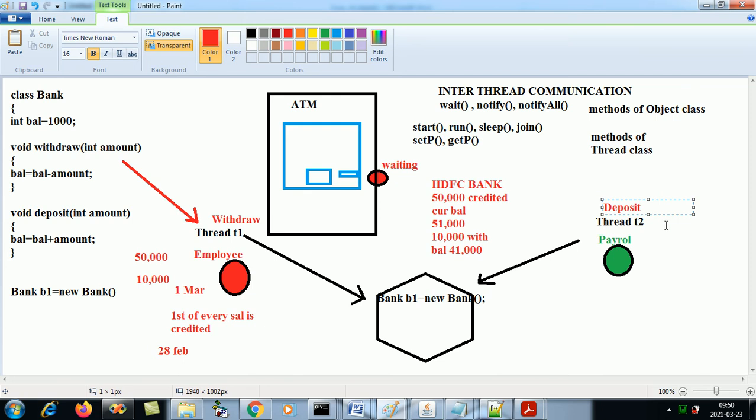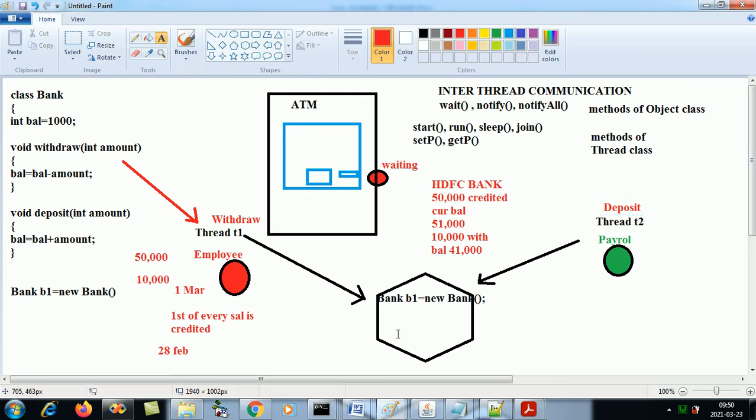Both of these will simultaneously work on the object B1, so this is the mutual object B1, because both the threads are calling the functions of this object only. T1 is calling the bank object's withdraw, and T2 is calling the Bank class's deposit.